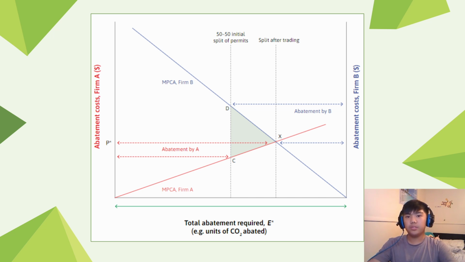And so this graph shows the gains from the trade created by the marketing of permits. P is the permit price and is equal to the marginal cost of abatement in the economy. The green area above the red dashed line is the share of the gains from trade that firm B receives, while the area below is firm A's share of the gains from the trade.